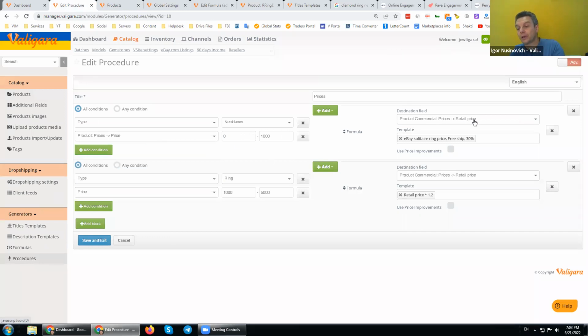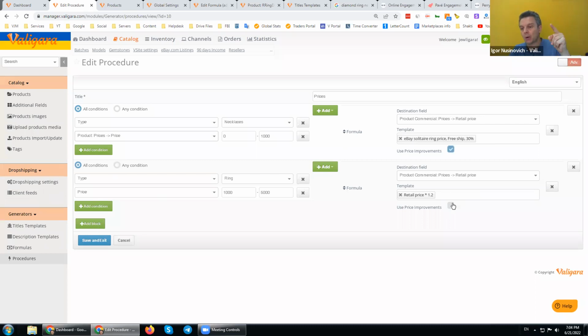I want to fill the retail price with a specific template that I have generated. But if it's a ring between $1,000 and $5,000, then I want to fill the retail price with some different templates. And I can add more and more conditions and more blocks.